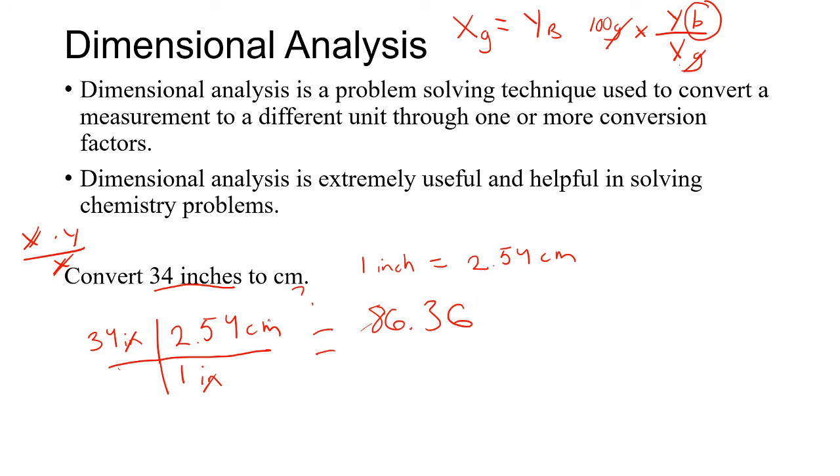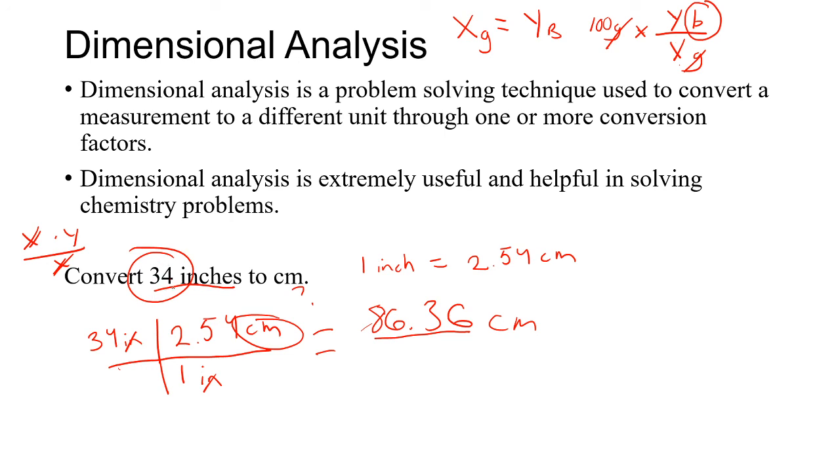So my units here are what's left over. So my units here are 86.36 centimeters. Now, is 86.36 the right value? Is there a way I should round this? Should I make this 86.4? Should I make it 87? What should I do? You do that dependent upon your